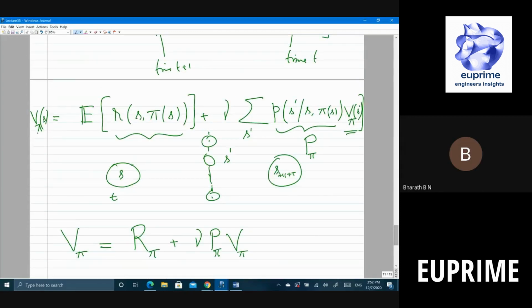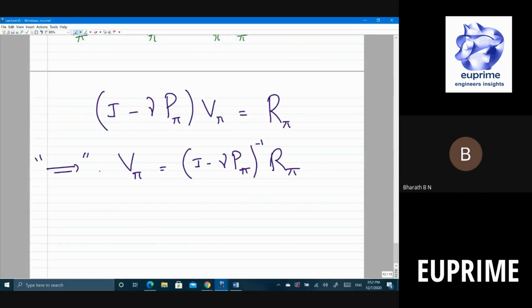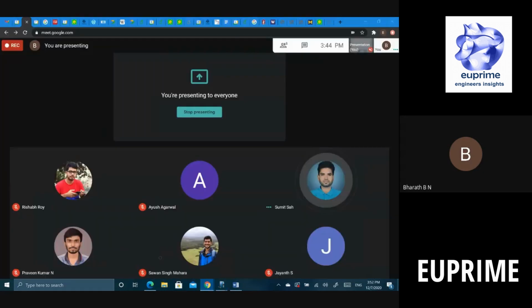Especially we should look at the v pi of s that gives me maximum, meaning you look at the sth row of v pi and keep on changing pi and see which pi will result in the maximum for that row s, right? Is that okay, everyone? Yes or no? Rishabh? Yes, sir. Yes, Ayush? Yes, sir.